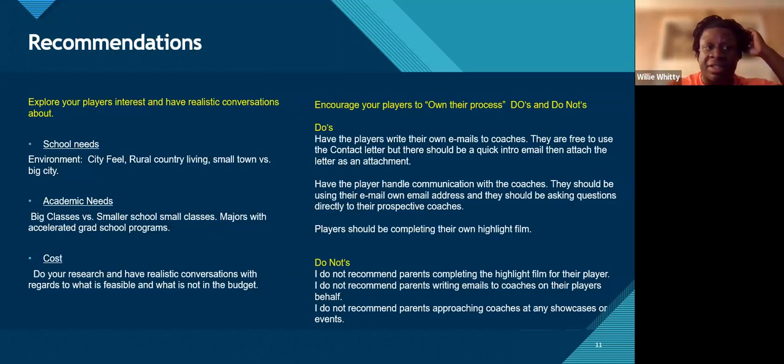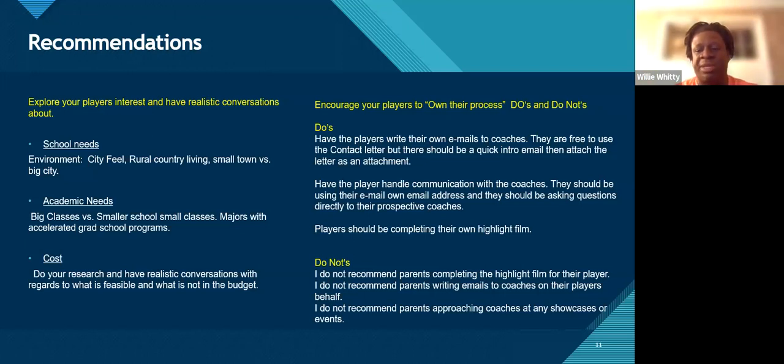Do not be afraid of having the cost conversation. I'm going to be frank with you all because you need to hear it. As much as this is recruiting, and as much opportunity as you're going to have, there are going to be plenty of big name schools on our training fields and on our game fields. A lot of these schools do not offer full scholarships. There's a misnomer. It's not like football. Penn State is a great example. They have a lot of great players from all over the country, and the first thing their coach tells everyone in the process is, I do not offer full rides. So be upfront with that conversation. Know what's going to be a little more reasonable versus less reasonable, especially when you're looking at D3, where some of those prices go up and scholarship money comes down.